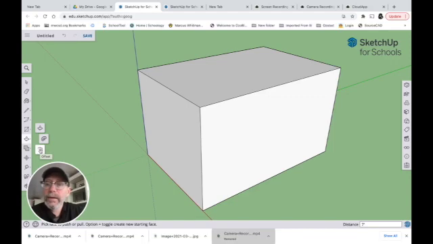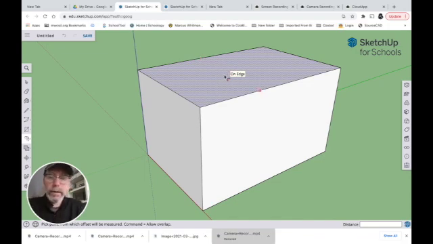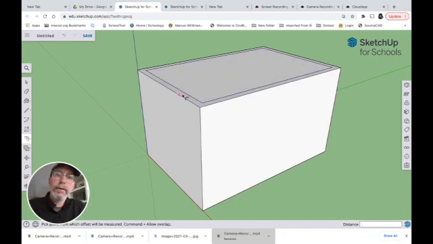See this offset? Offset is going to make a line offset a certain distance from another line. So when I click on that and go onto the surface, you should see that the surface gets polka dotty. I can click on it and type in 5 quotation mark, which equals 5 inches, and hit enter. And now you can see I have the thickness of the wall here,